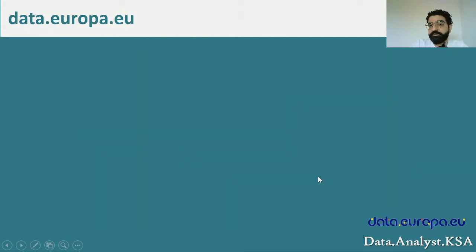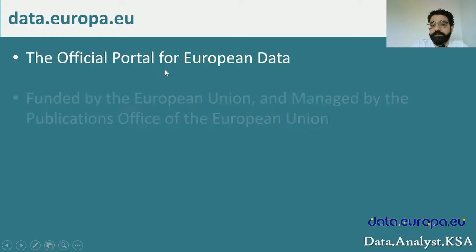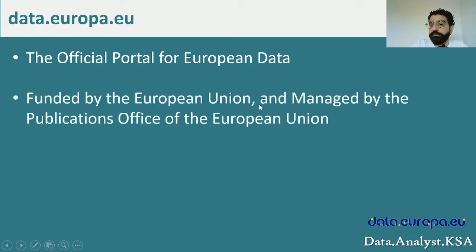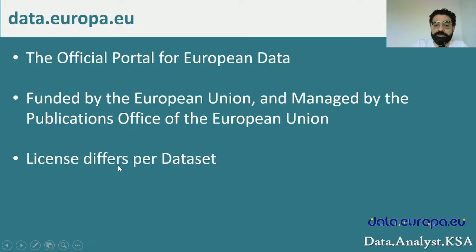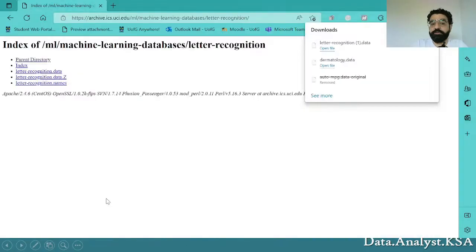Now the fourth website we have is Europa.eu, the official portal of European data. It's funded by the European Union and managed by the Publication Office of the European Union. The licenses differ per dataset, so you might want to check the license before publishing research using a dataset. So if we look into the website,